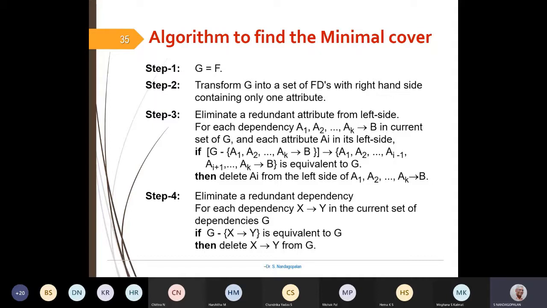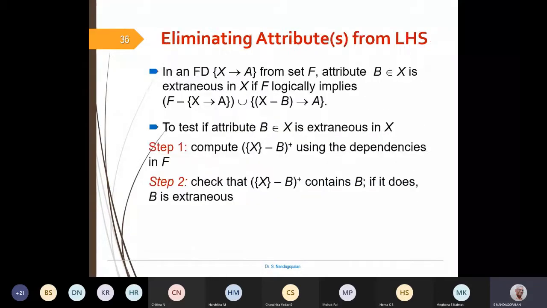That's a bit tricky, so we shall take a number of examples to demonstrate this as well as finding the minimal cover. This is the method by which we can eliminate attributes from the left hand side, if any.